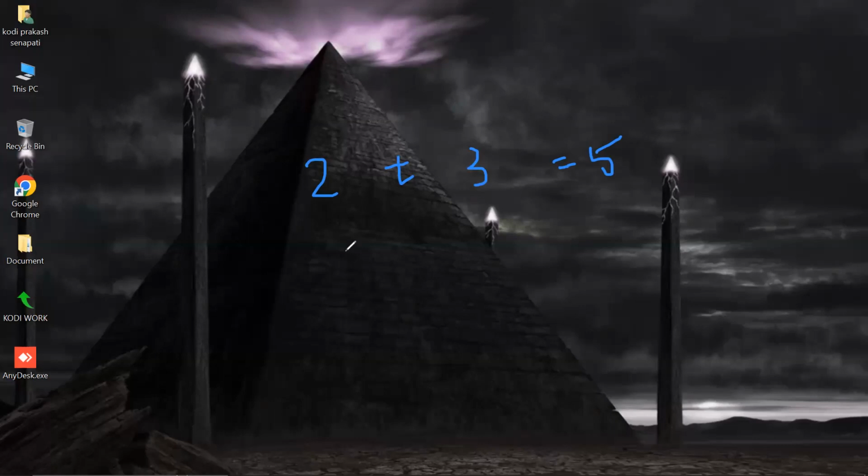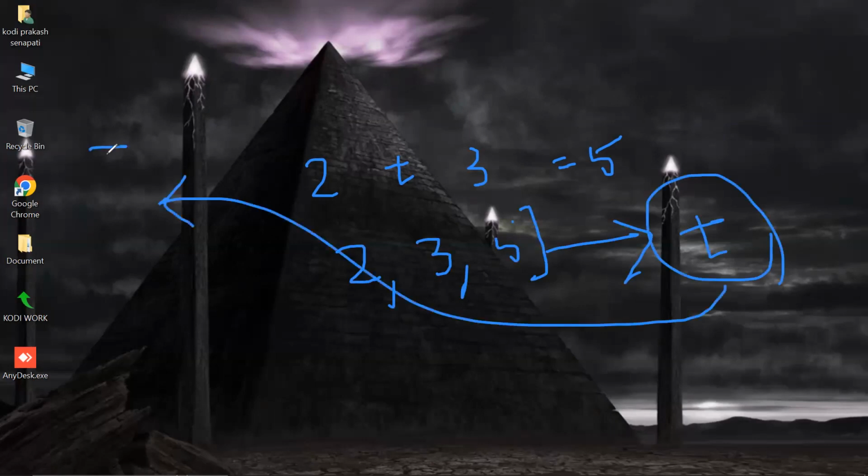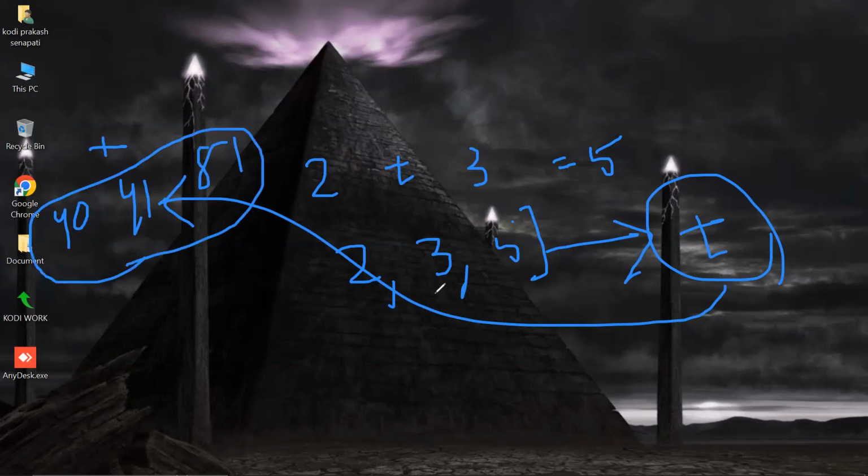But here, we feed input and we feed output as well. The machine generates the logic, and if I deploy this logic on a website in future, if a customer logs into the website and enters 40 and 41, the output is 81, or not? So based on this logic, the future prediction is done. This is called a model. Everybody's clear or not?